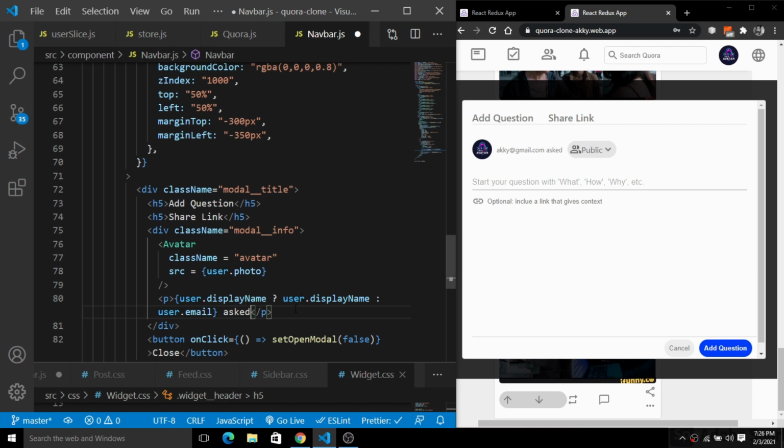So we have this ask, and after that I'm going to simply create another div, and we will simply wrap these things here. So inside of this div, so we have this div here. Okay, so we'll simply give a class name. So I will give a class name modal scope